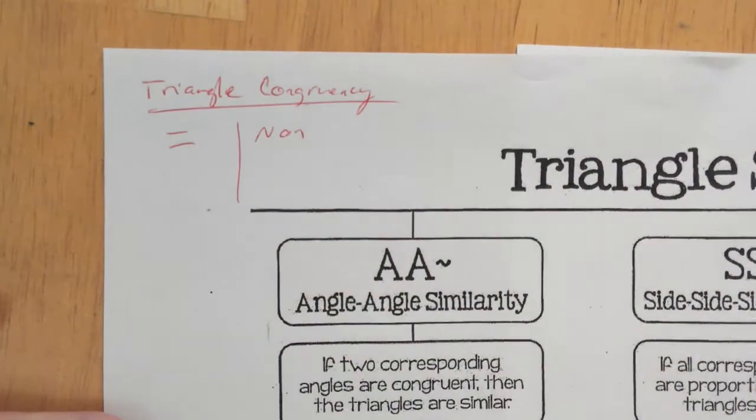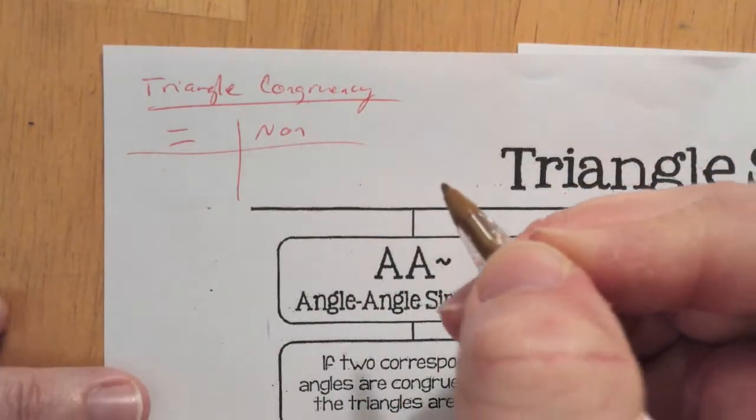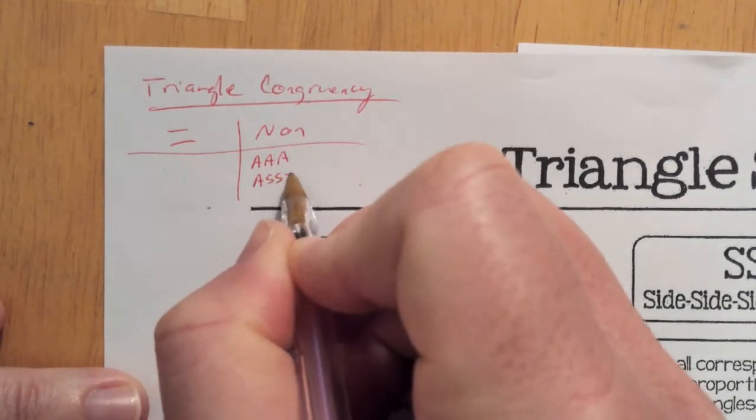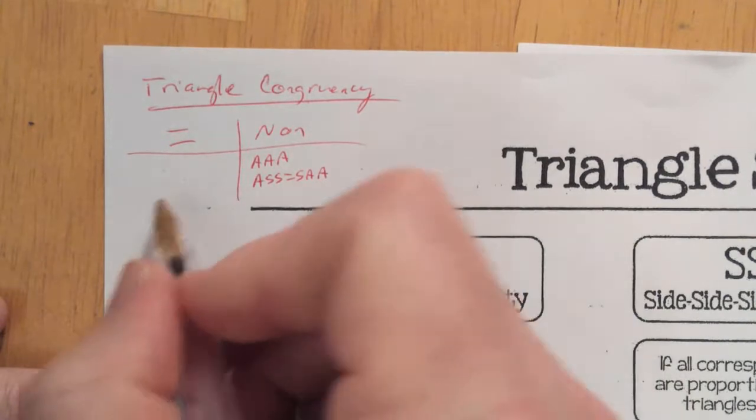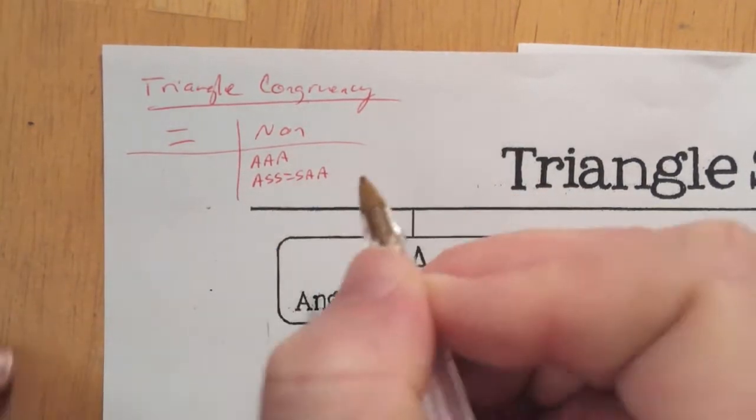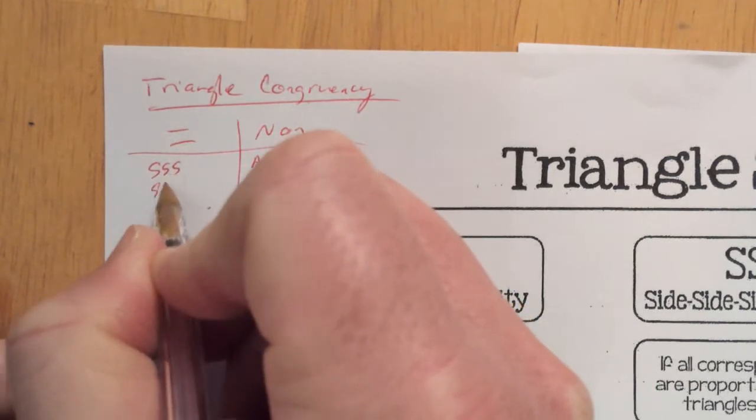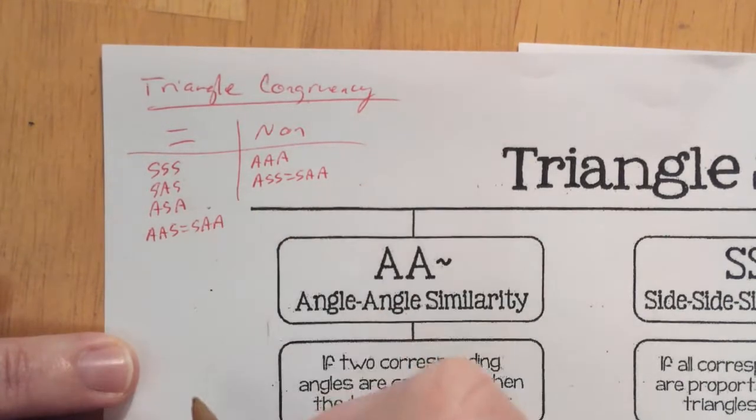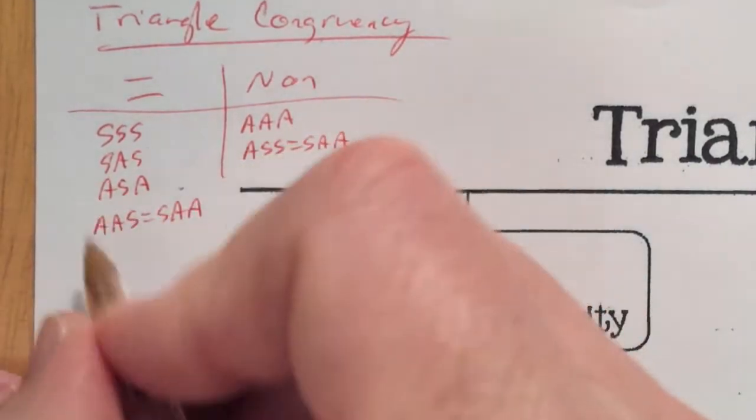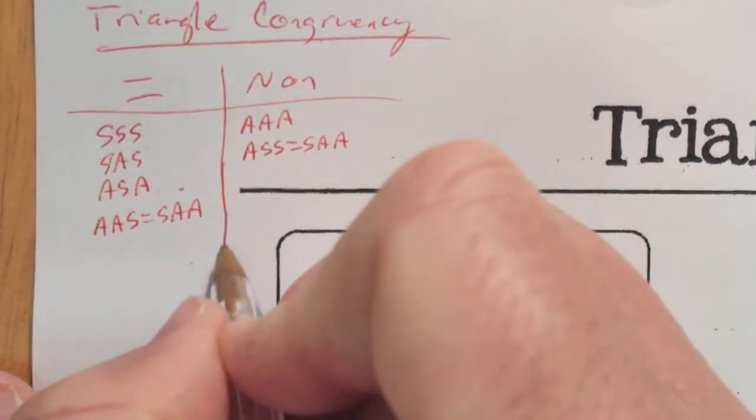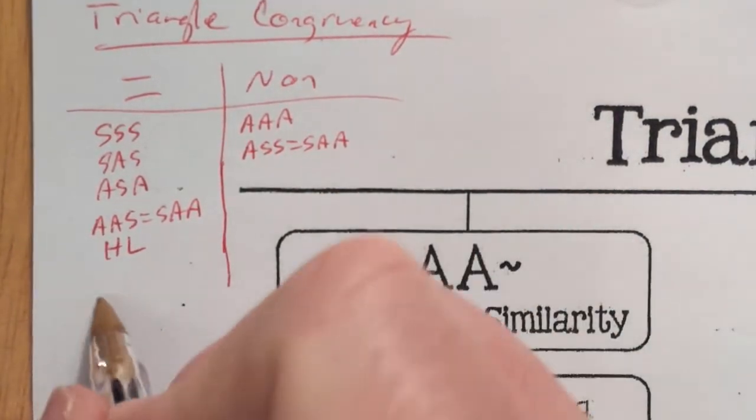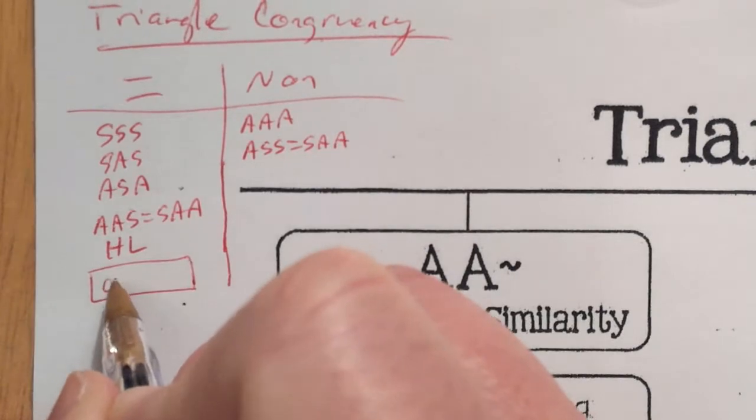So you remember those. Everyone always remembers the 2 bad ones, AAA and ASS or SAA. Okay, and every other combination of A and S is good. Side, side, side, side, angle, side, angle, side, angle, angle, side, or AAS or SAA. So just a little more for you. Okay, and then hypotenuse leg. Okay, and then we might go a step further and go CPCTC. All right, so you remember this idea,